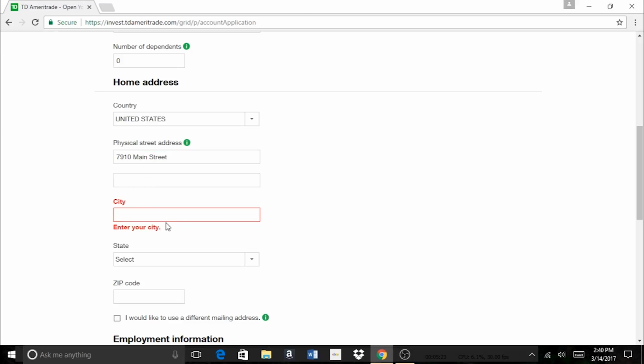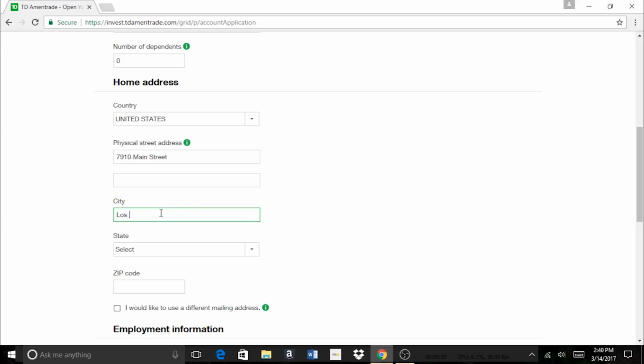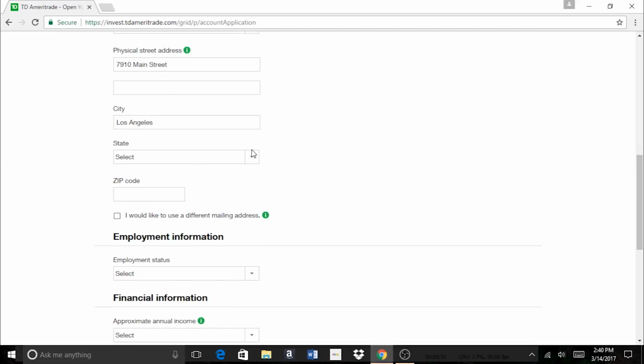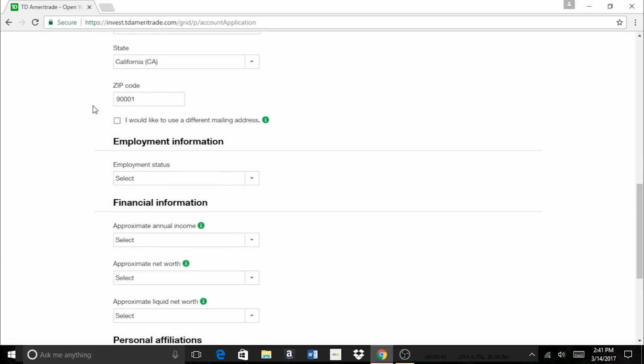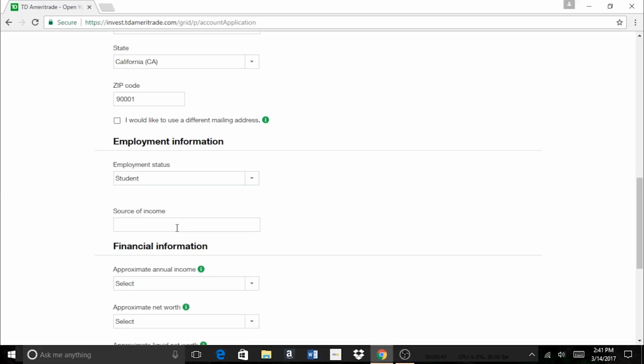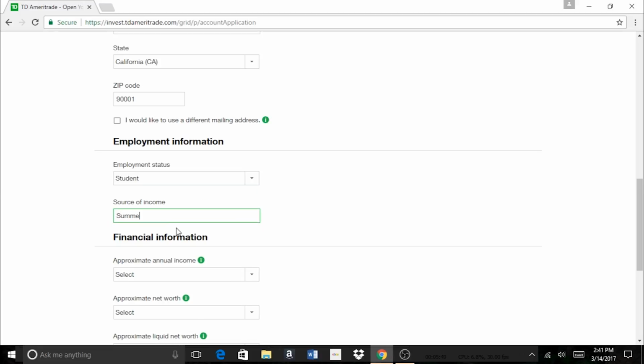Sorry guys, I'm trying to do this as fast as possible because I know when I watch YouTube videos, I hate when people just take forever and make like a 20-minute video. So I'm trying to make this very, very simple and quick, and get to the main parts that you are going to need to know here, because there's a couple more things coming up that are still going to be important. So employment status, let's say that you are a student, source of income, summer work,